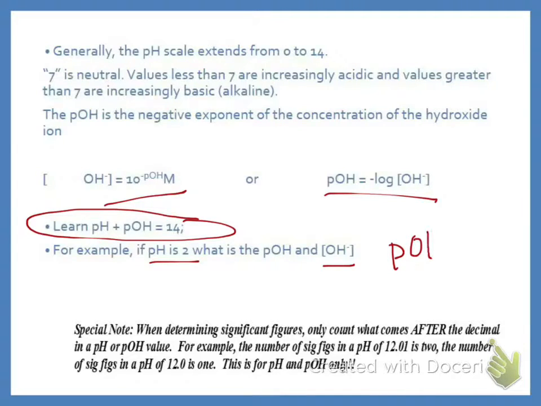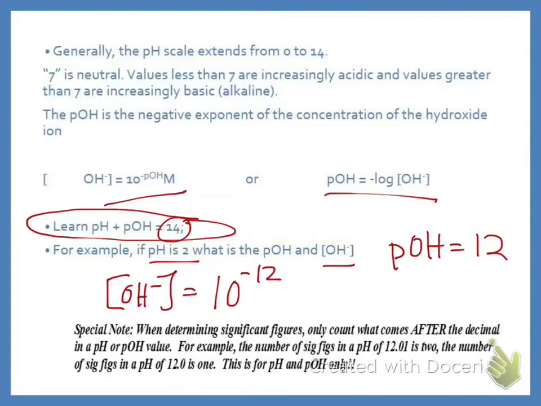12. pOH is going to be 12 because I took 14 minus 2 and I got 12. So in order to find the hydroxide concentration, it would be 10 raised to the negative 12. And if you were to do that in your calculator, it's basically this. Okay? Now, if you have a whole number, you can just leave it like that. If it is a decimal, you have to plug it into your calculator. Okay, you can't leave it